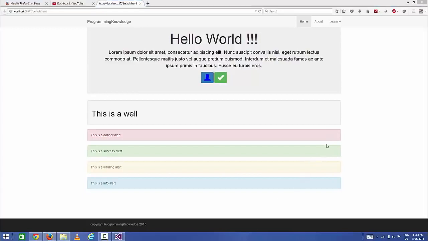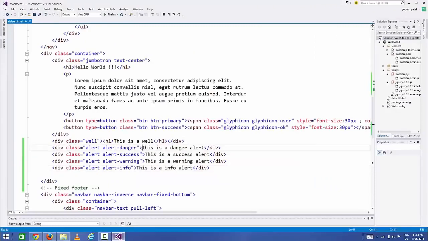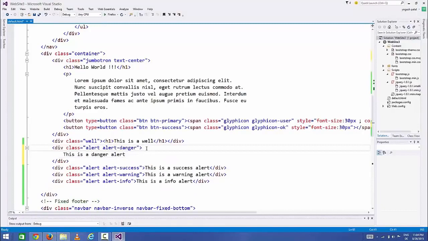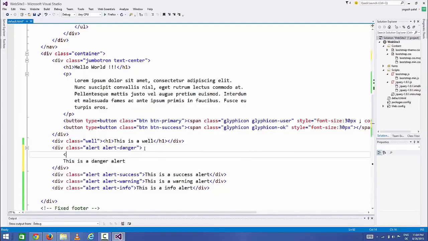So to add this closing symbol to your alert, what you can do is, let's separate this, and just above your message you can add a link tag a, and you can add first of all href, and this will be hash in our case, and then add a class called close, and then add an attribute called data-dismiss, and make it equal to alert,